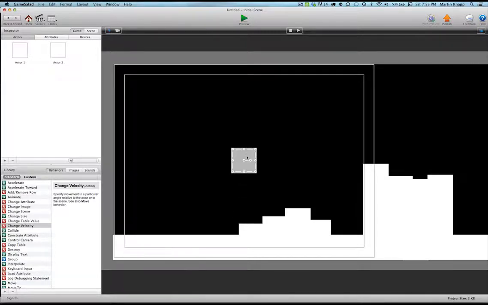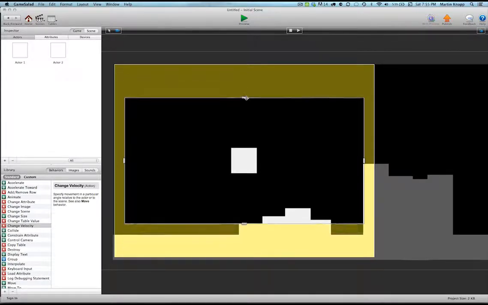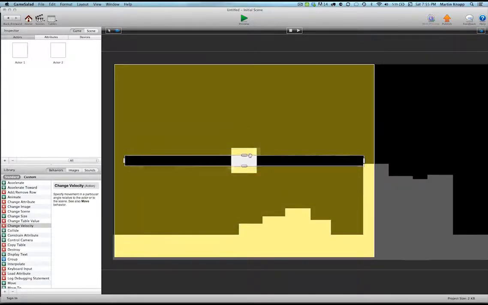So the way that we adjust this is, you notice at the very top left here, we have this camera icon next to the cursor icon. If we click on that, we can take the bounding box of the camera and shorten it. So you can see I can take this all the way down to 0 in this direction and all the way down to 0 in this direction. And now if I preview,